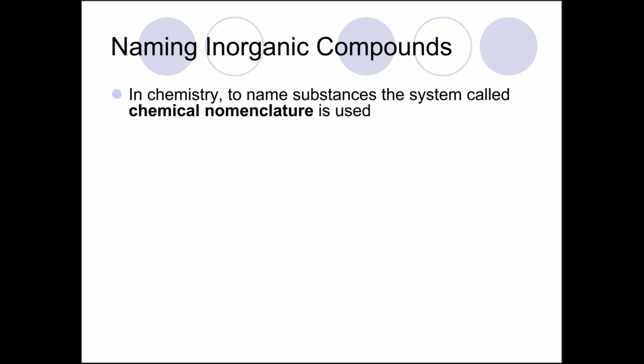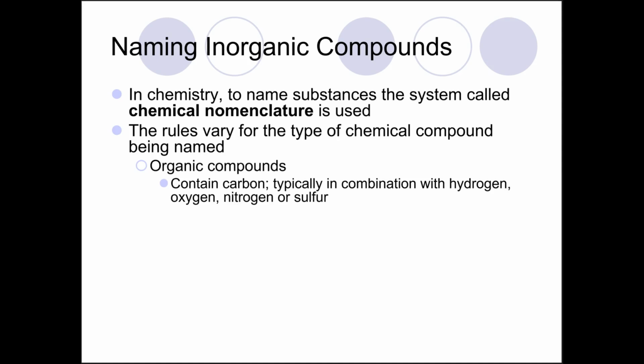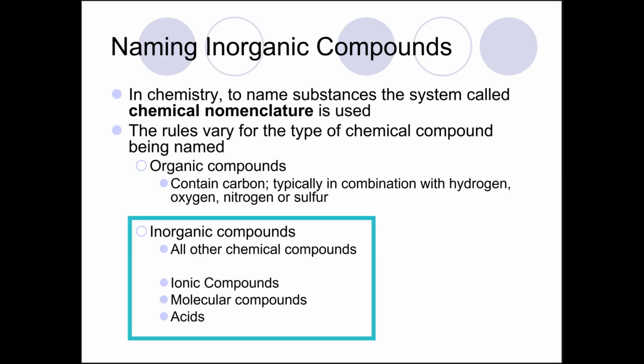Nomenclature is the fancy way of saying naming, so we're going to learn chemical nomenclature, naming compounds. Now, there are actually two categories. There's organic compounds and there's inorganic compounds. Well, we're learning to name the inorganic compounds, which means we're going to learn to name ionic compounds, molecular compounds, and acids. We've talked a little bit about ionic and a little bit about molecular compounds. We'll talk about acids later. Organic compounds, the other category, that's reserved for organic chemistry. Our textbook does go a little bit into it, but you're not going to be held to naming organic compounds